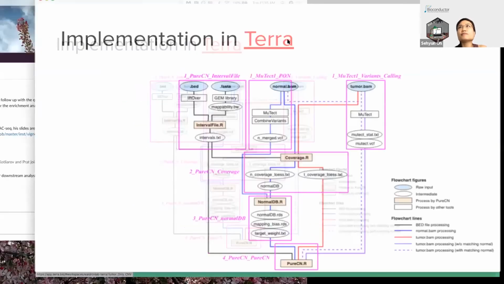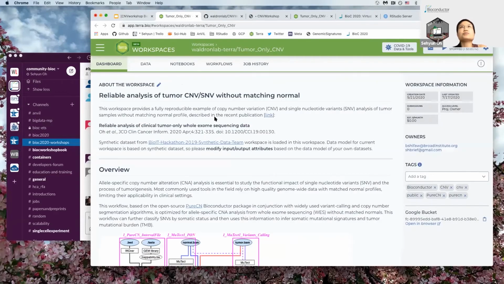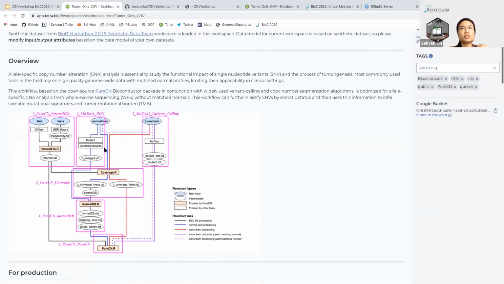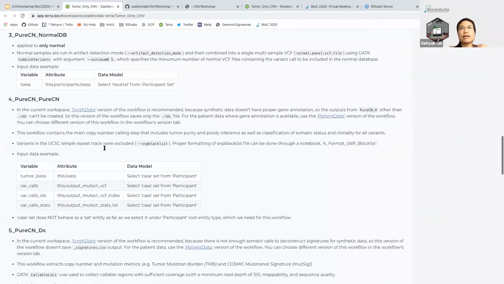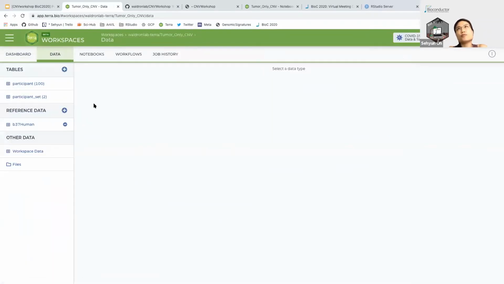I will briefly show you how it looks. If you go to Terra, this is the public workspace. I don't have enough time to explain the terminology, but briefly, this is the public page, and there's no controlled-access dataset. So as long as you have just a free account, you can access all this information. Under the dashboard, you see I put all the information about this workflow and how to prepare the input files. And for the data part, to make it public, I used a synthetic dataset,